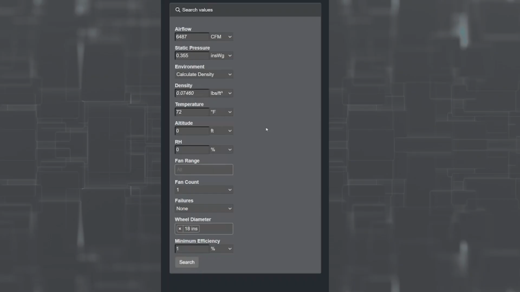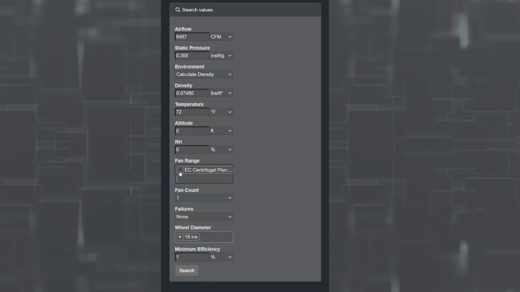The fan range field lets you filter by wheel design. Infinitum currently offers three centrifugal fan options: two airfoil designs, the O1 and O3, and one backward curve design, the O2. If you have no preference on design, leaving this set to all by just clicking off here is the best approach. It ensures you see every available option and can compare by cost and performance. When needed, filter for one or more wheel designs by selecting them in the fan range dropdown. If I want to remove it, just click the X.